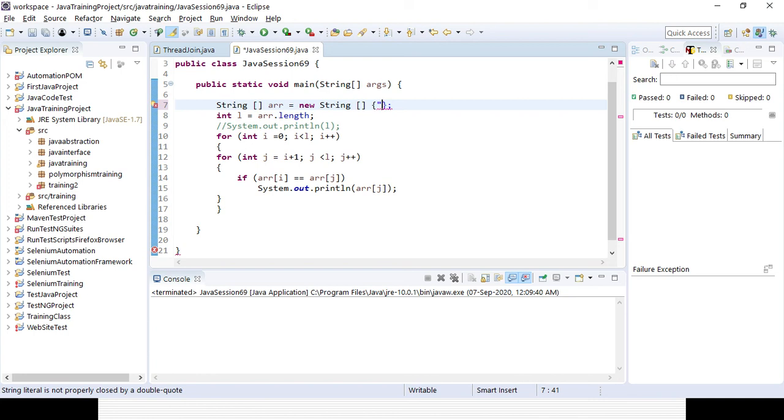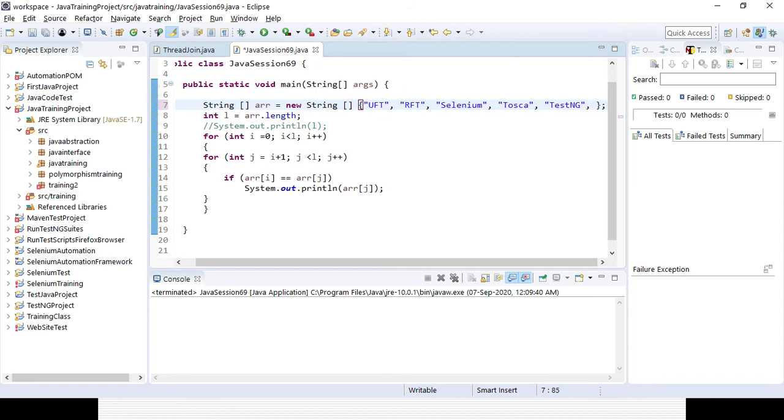Suppose I am giving the names as UFT, and then suppose RFT, then say Selenium, okay, and then say Tosca, then say TestNG. Okay, now here the duplicate element, say suppose UFT.